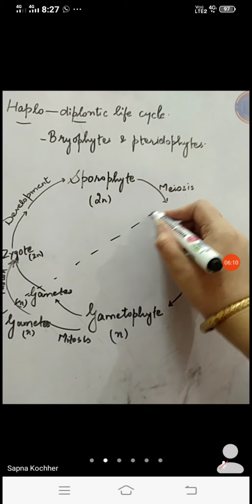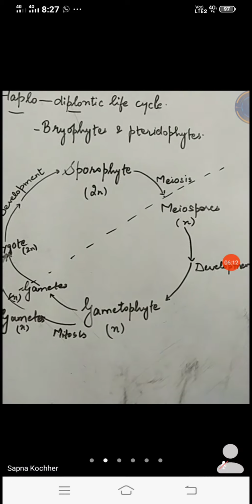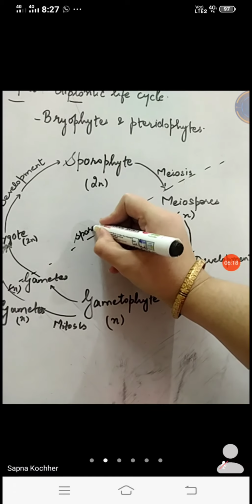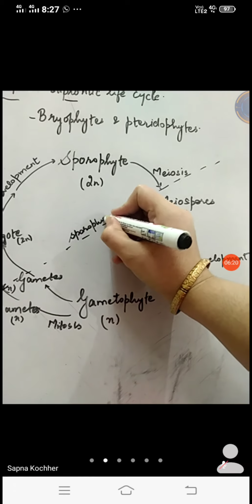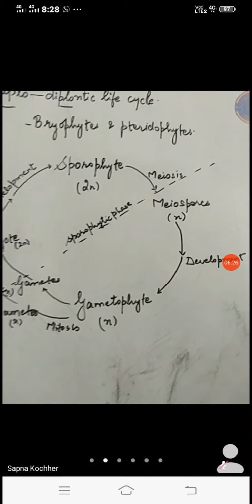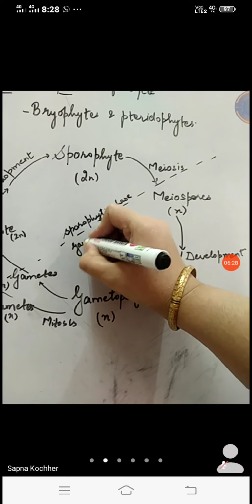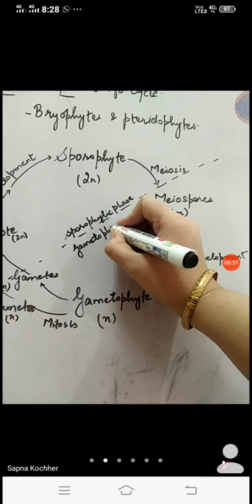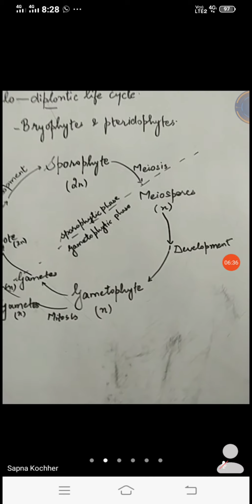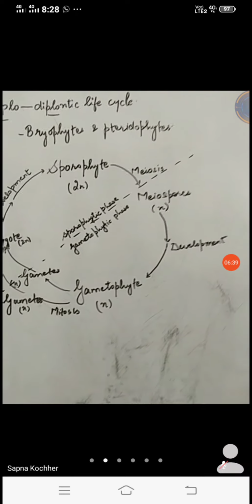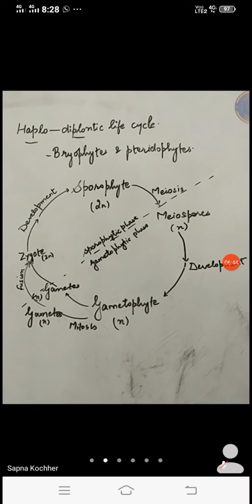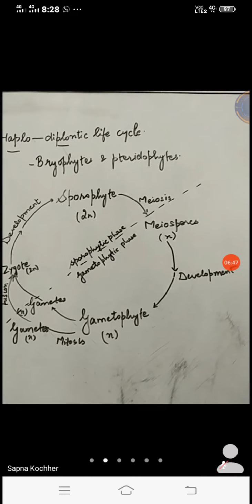So it is approximately half to half, you can say, in the life cycle, which has been made up of the sporophytic phase as well as the gametophytic phase. This is the sporophytic phase. The upper half represents the 2n phase and the lower half represents the gametophytic phase, which is an n phase or a haploid phase. So when the haploid as well as the diploid phases are equally involved, we can say they are both present.